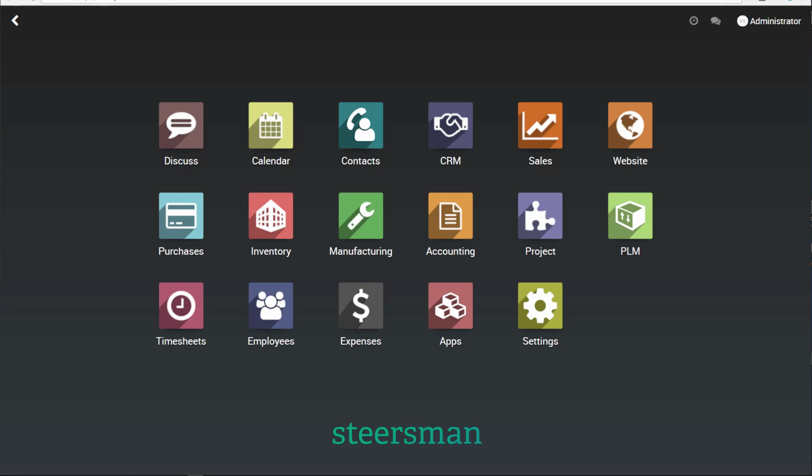Here we see the main menu of the business system, and in here we have different modules that are visible on the screen. So for example, sales, CRM, website, manufacturing, inventory. They provide granular access to different functionalities, so individual employees of a company could be given access to a